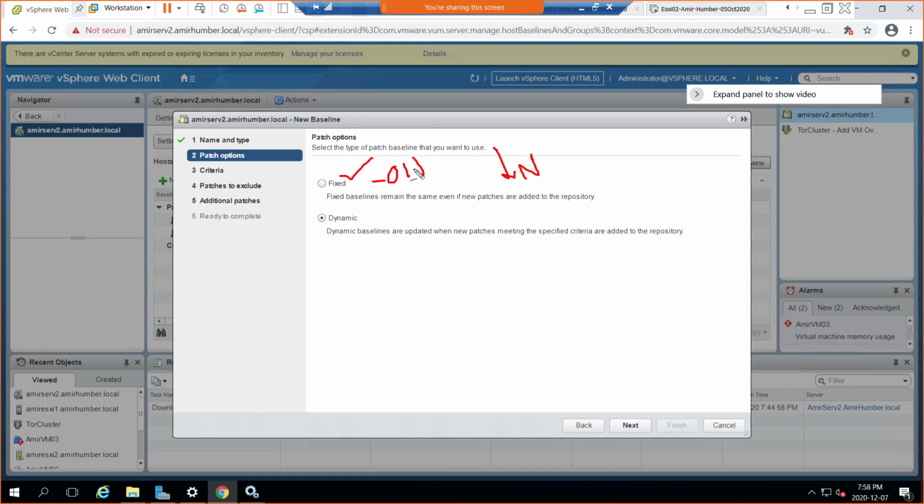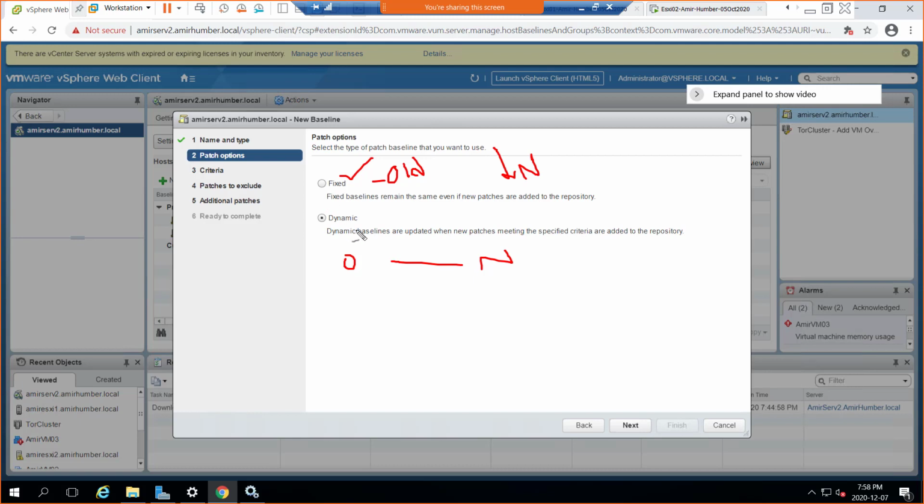It will not remove that. Dynamic does the opposite. If you install a patch today and after 6 months a newer version of this patch comes with some updates, it will remove the older version and let you install only the newer version. So fixed and dynamic, it's up to you.